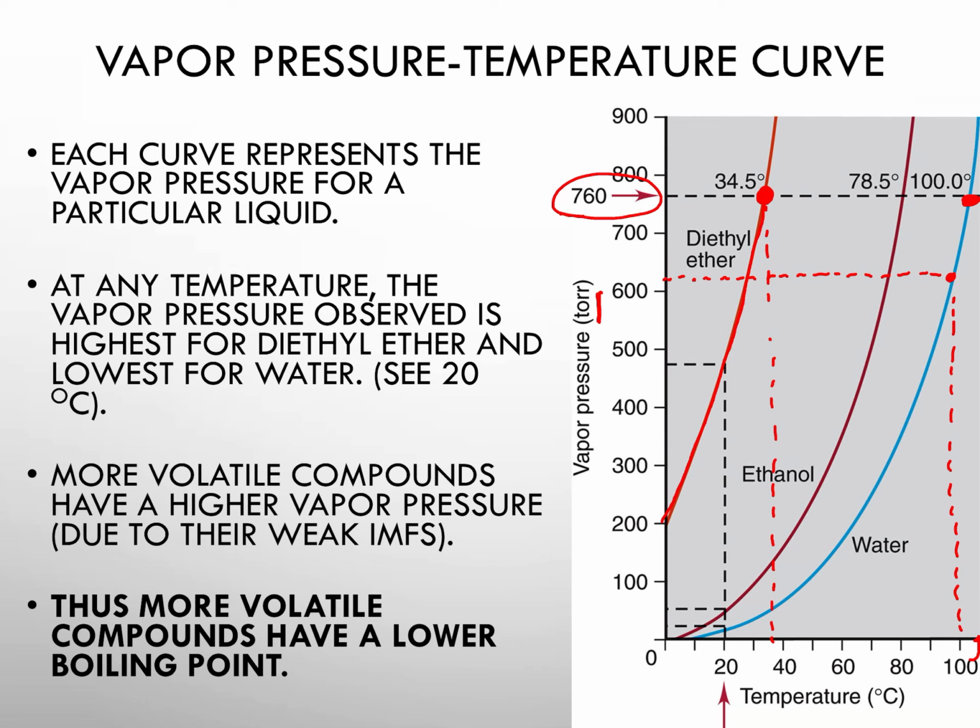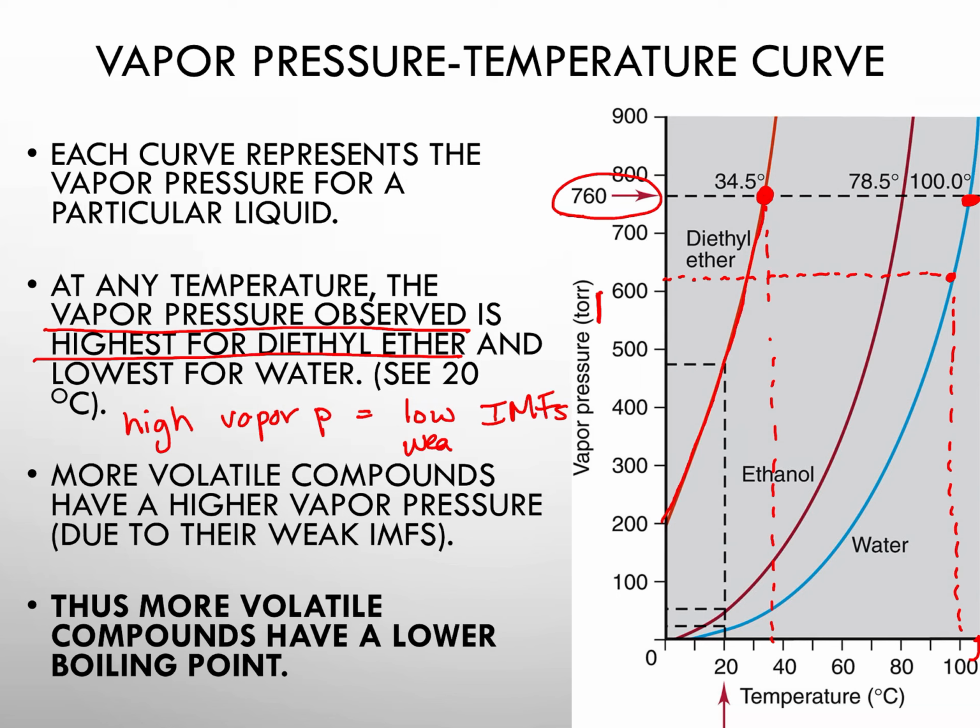Okay, so if it's easier, because it's not being held in the liquid phase by as strong of an interaction, that means more diethyl ether molecules will be in the gas phase at a given temperature. Which means if there are more of those diethyl ether molecules in the gas phase, then there will be more collisions, so there will be more pressure. So at any temperature, vapor pressure observed is the highest for diethyl ether. So right here, high vapor pressure